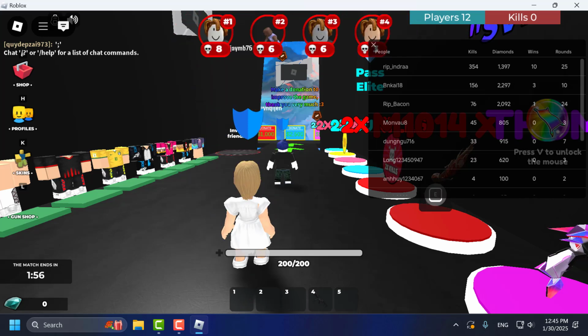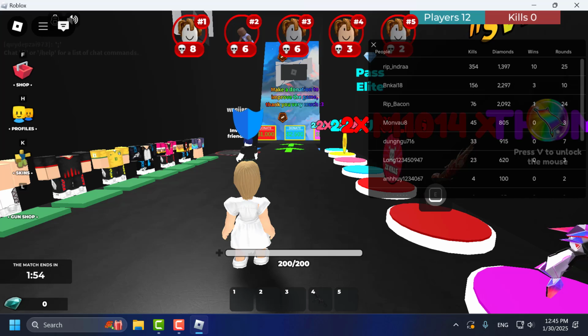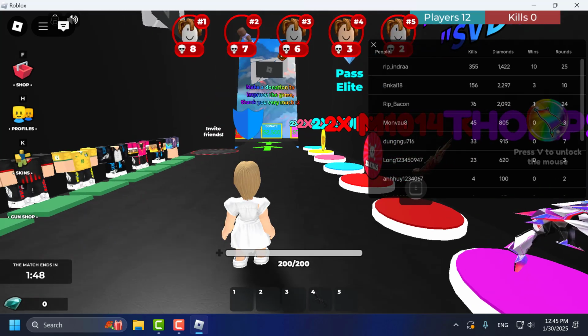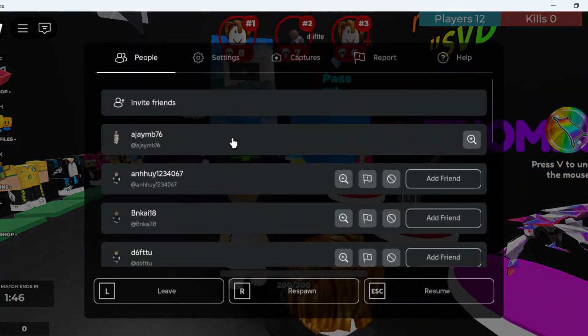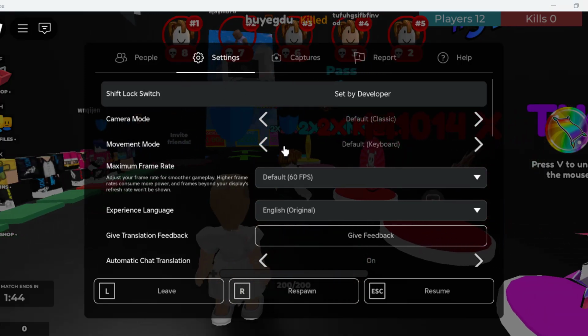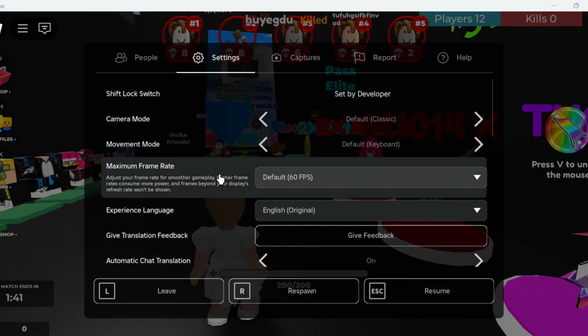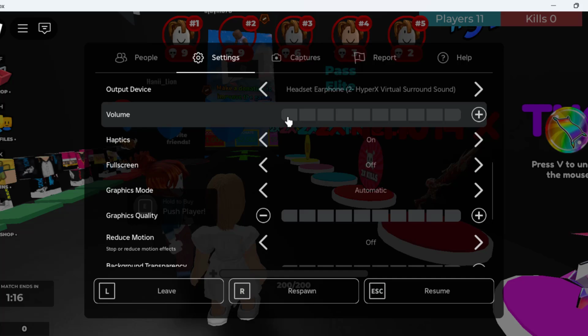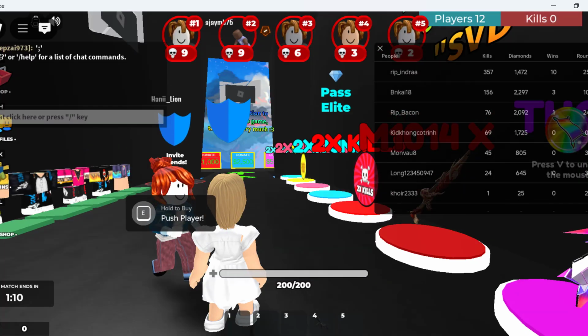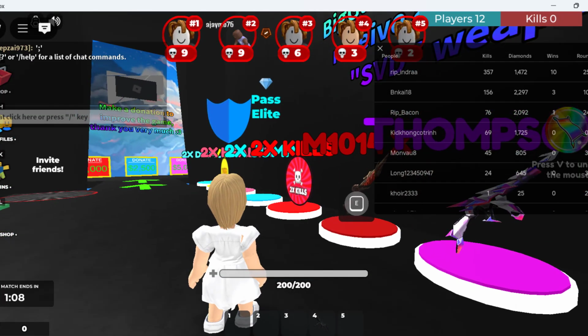Today we are going to see why can't I hear anyone on Roblox voice chat. Let's fix it, guys. Method 1: after joining the game, you just need to press the escape key, go to settings, and scroll down. Make sure the volume is at least set to 1 point over here. After that, check if the problem is solved or not. If not, then